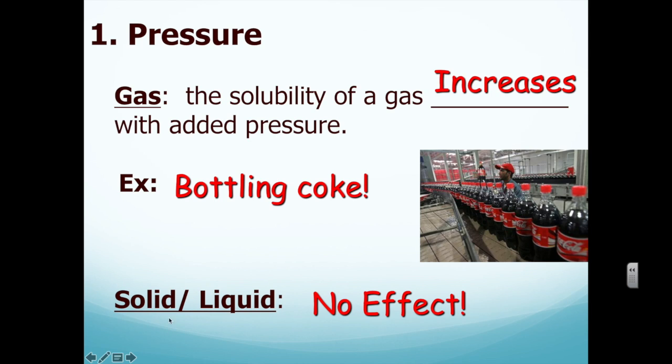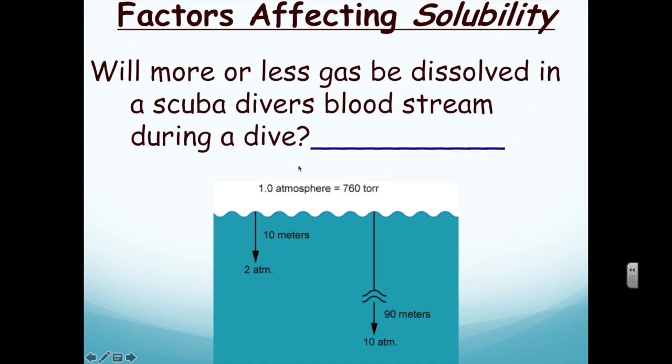Now, a solid and a liquid, it has absolutely no effect. All right, so if you add a solid to a liquid, nothing happens. It only happens with a gas, with pressure. So this also happens when you scuba dive, for scuba divers, because